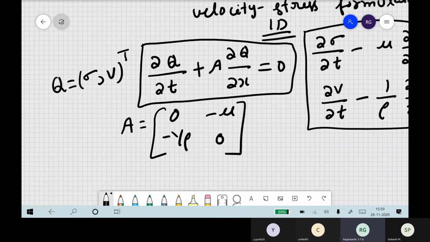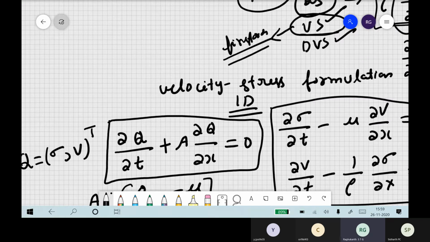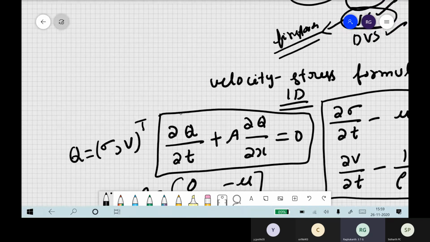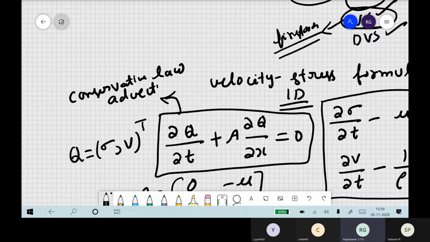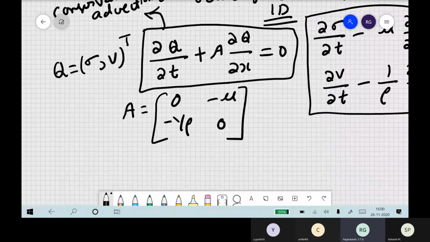Now if you see this format, this equation is the same as our conservative equation itself. You followed? It is the same as a conservation law, and this is nothing but your advection equation. If it is mass, then q becomes rho. So you can write in this format itself. This gives you hope that we can still use the finite volume method to solve our wave equation, because we can write our wave equation in the conservative format.